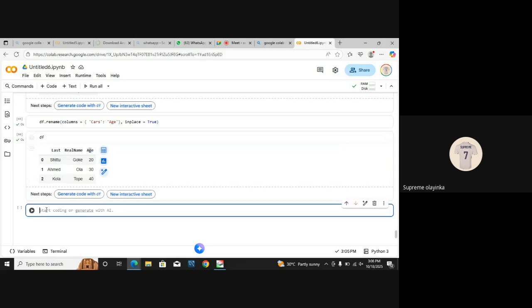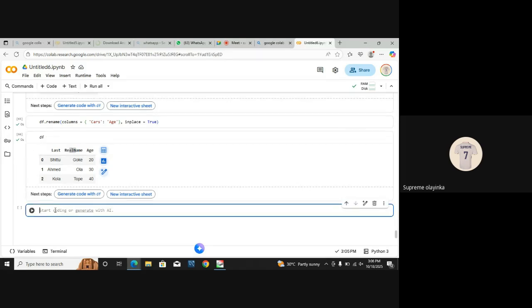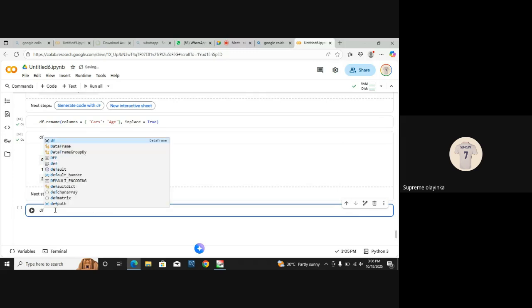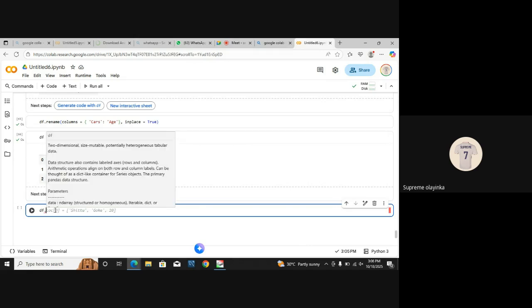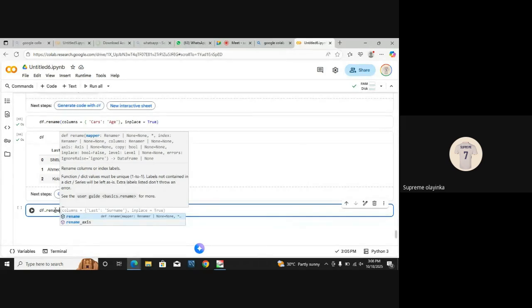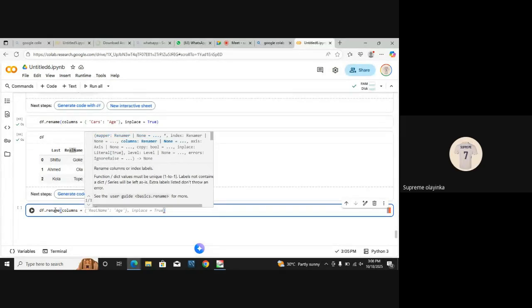So for example, I want to change this column name. I want to change it to, what do you call it, to first name. So someone should just tell me, how can I change it? df dot rename. Here, dot rename, okay. Open bracket, colon, okay, equal to,